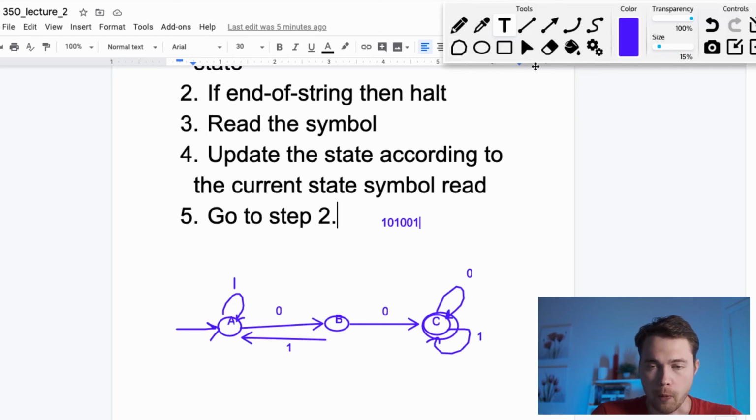Okay, so basically at the very beginning, we are located in the state A. Why? Because it is a start state. Why is it a start state? Because this arrow points here. So we're currently located over here, and then after that we start reading symbols from this string, character by character. The first thing we're gonna do is read the first symbol from left to right, which is 1,